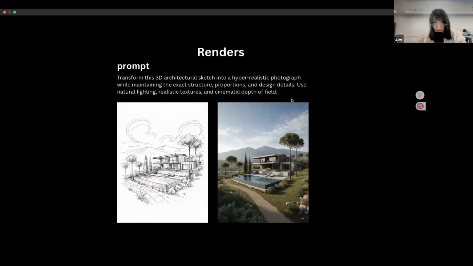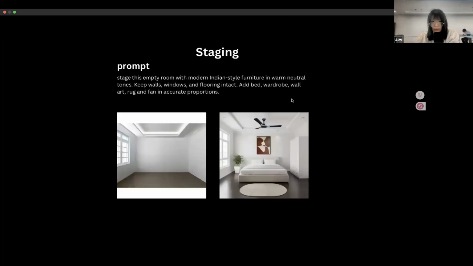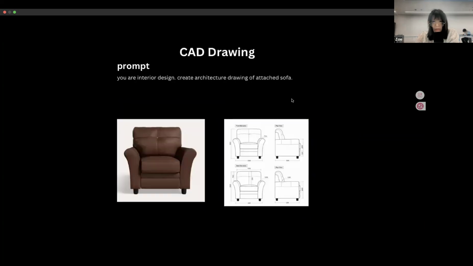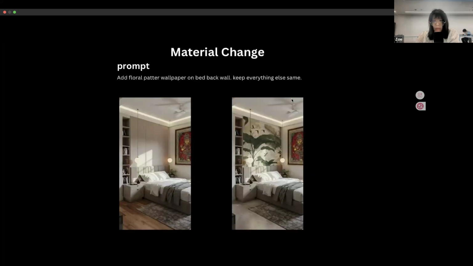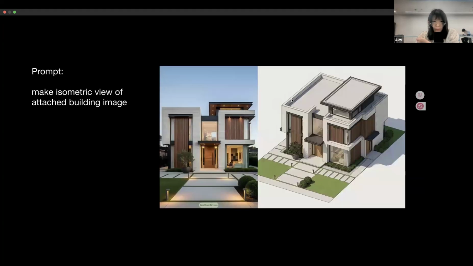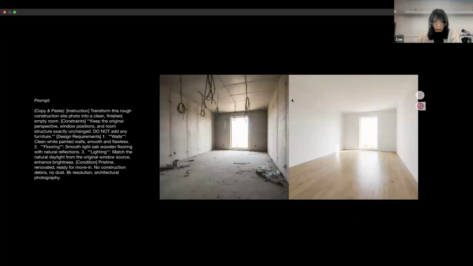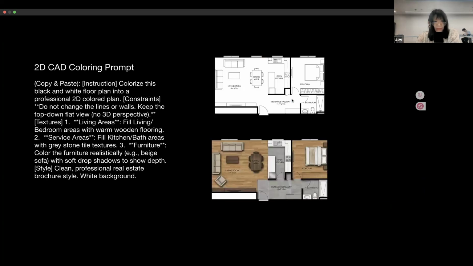First is sketch to render, blueprint as in photo to blueprint, staging, CAD drawings, material change, aerial view from the photo to the blueprint to the bird's eye view, isometric views, 3D render in perspective of a specific marked area, 30 grand over renovations, visible very quickly. I can color your CAD prompt,